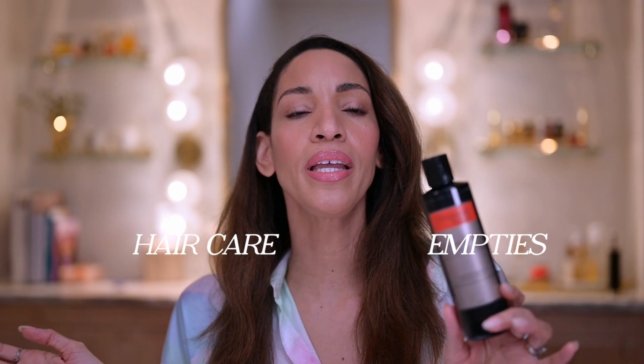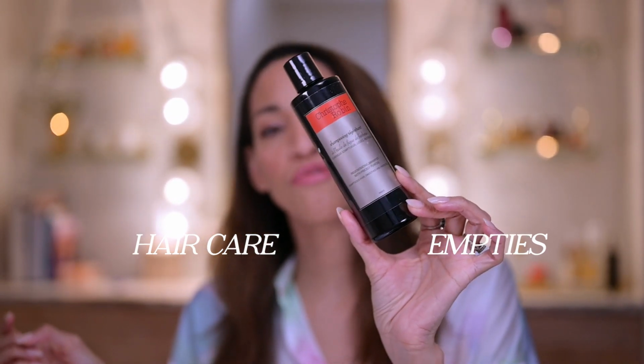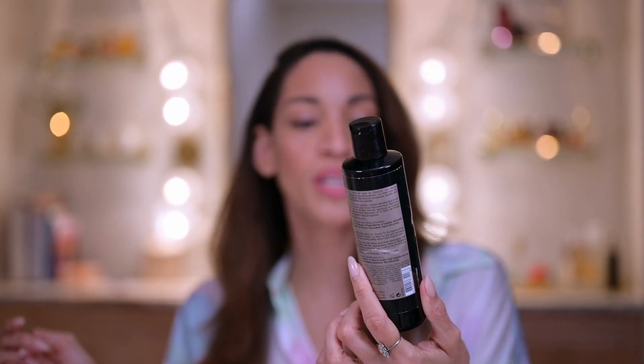Next is my only hair care product. This is the Christophe Robin Regenerating Shampoo with Prickly Pear Oil. I really like this shampoo. I am worried about breakouts when it comes to hair product, and this does not cause any breakouts. It cleans my hair and it cleans my scalp, but it doesn't feel like I have used a clarifying shampoo where my hair is really dry and crunchy after using it. But it doesn't feel like I co-washed. It's a true shampoo, it lathers, it suds, but it doesn't dry my hair out,